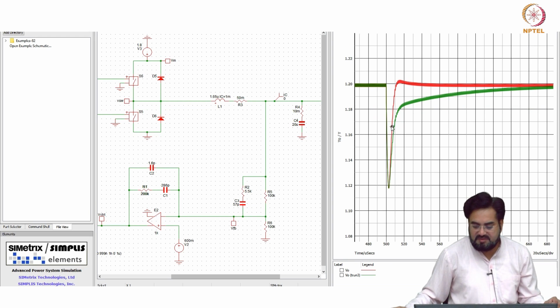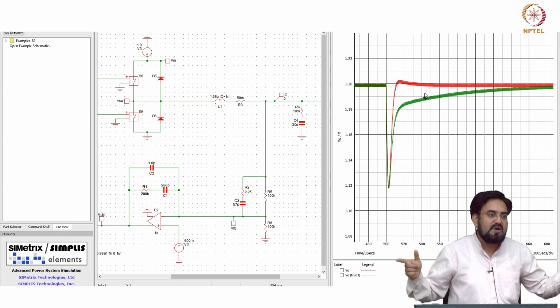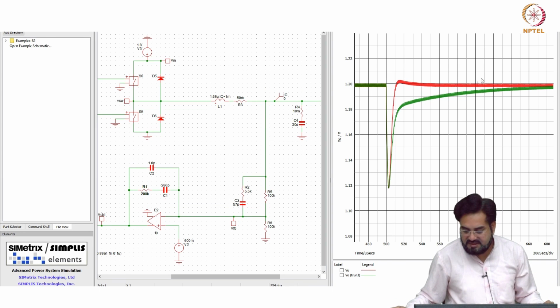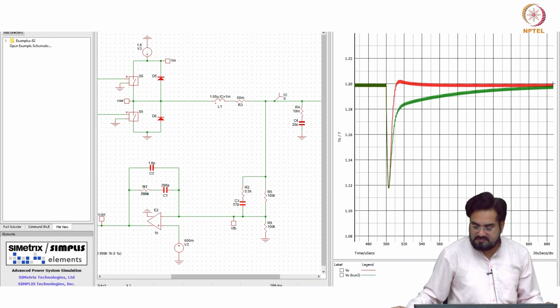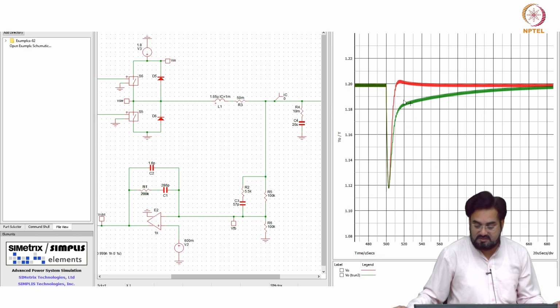So your undershoot will hardly get affected, but it will settle slower because of the lower gain in the mid band, because that is flat for a wider range of frequencies, and that is why your settling is getting slower here. It is settling here, but this one will take more time. If you take 1% or so, then this might take almost 100 microseconds to settle, but this one settles within 20 microseconds or so.